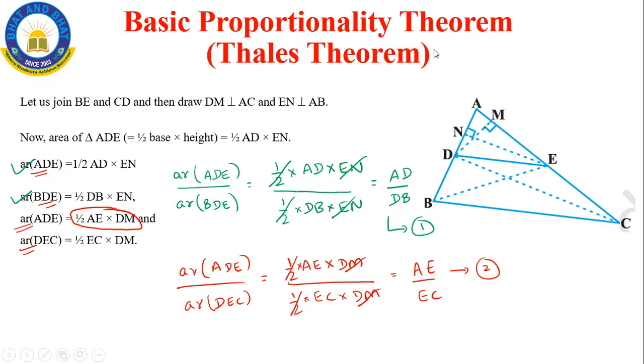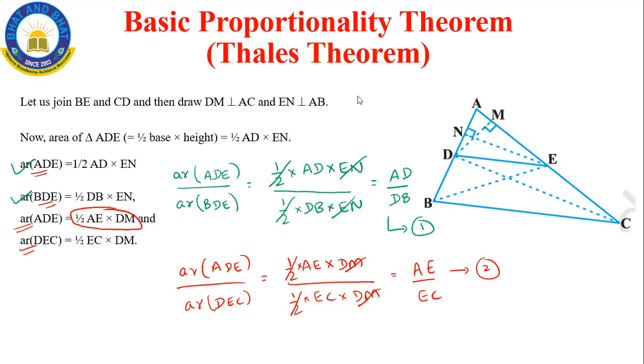Yes, how DM? It must be DC. See, DC is not a perpendicular, Diksha. How is DC a perpendicular? We have just joined points D and C. DC is not base or height. It is just a side. DM is the height. Why? Observe, this is a perpendicular. DM is perpendicular to side AC.